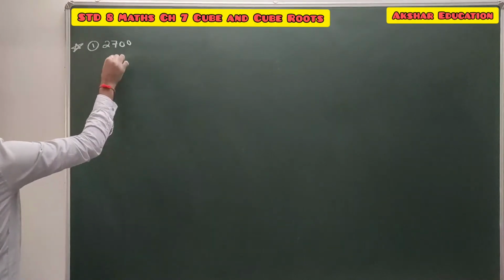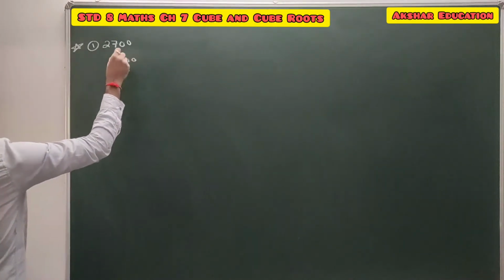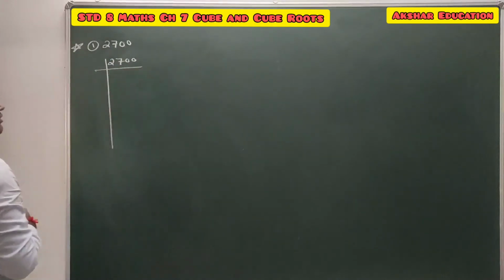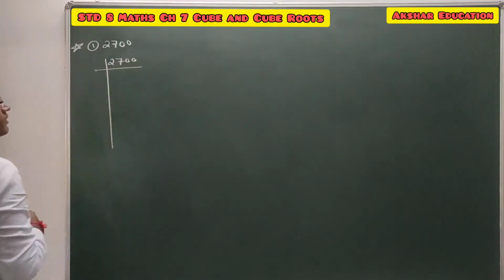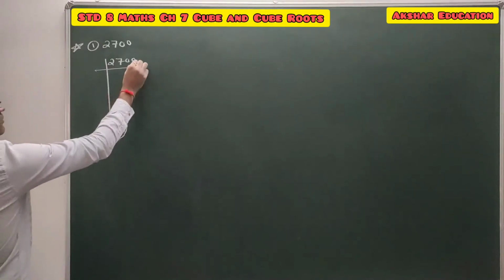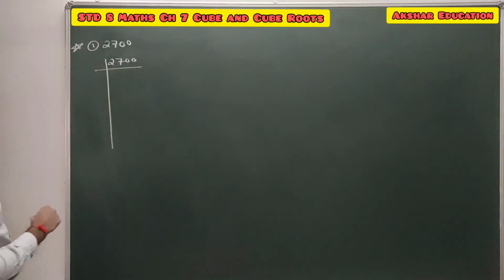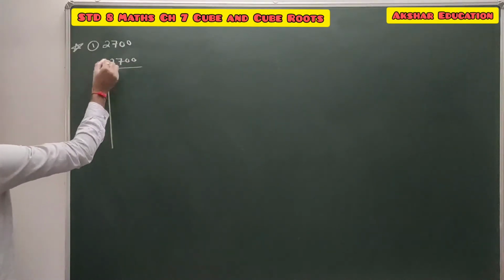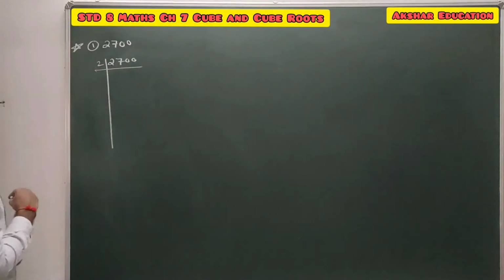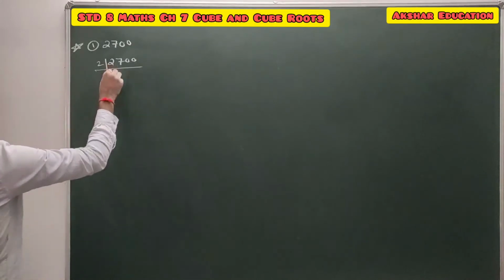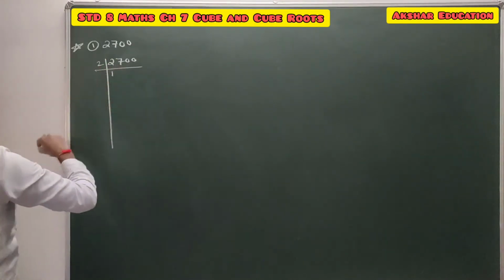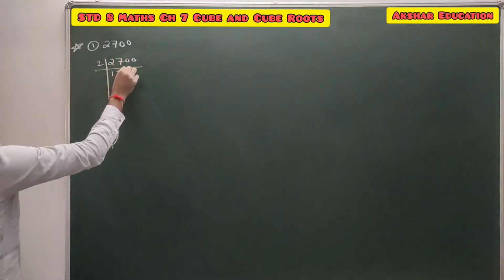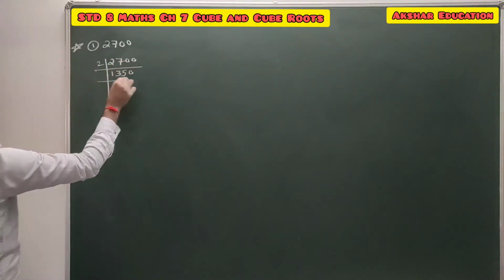So first we have to perform prime factorization of this 2700. All of you know the prime factorization. This is an even number, unit place digit is 0, so it can be easily divided by 2. Let's start division of this given number with 2. 2 1s are 2. Then 7 is there, 2 3s are 6, 1, 2 5s are 10, and 0 is there.